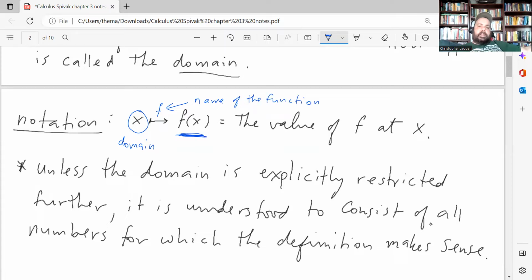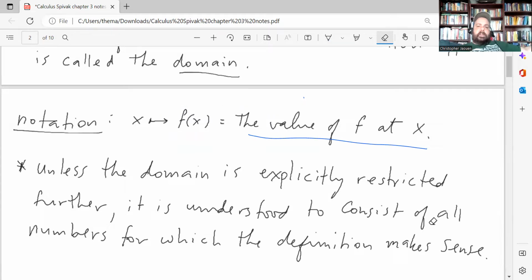And this, like I said, this symbol here stands for the value of the function f evaluated at x. In other words, it's the other real number that's associated to the input value x. So that's called function notation. Again, I'm sure that if you're watching these videos, you have at least seen that before. Maybe you've forgotten what it means, but